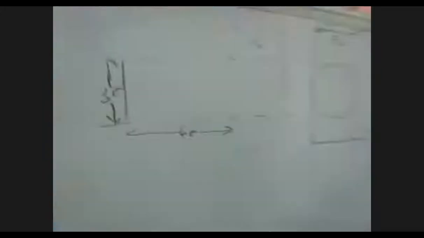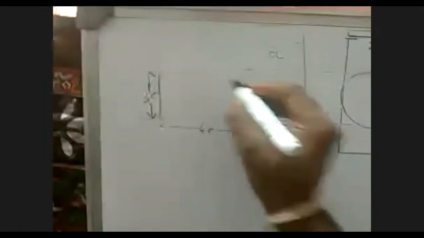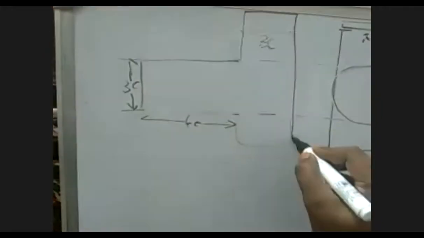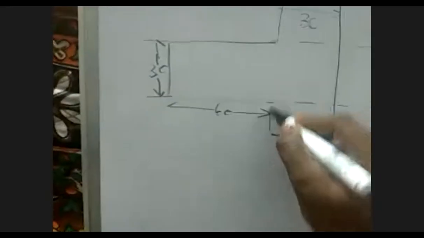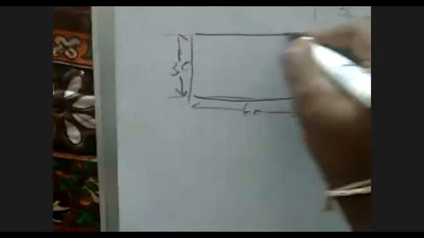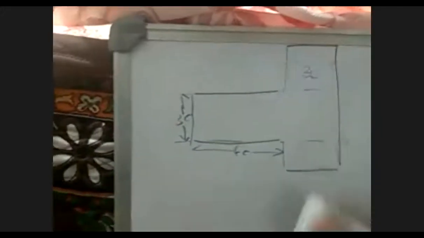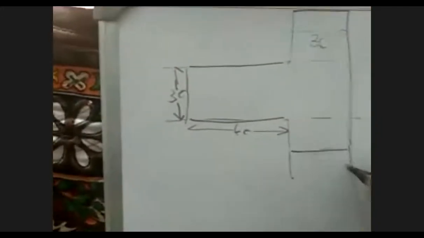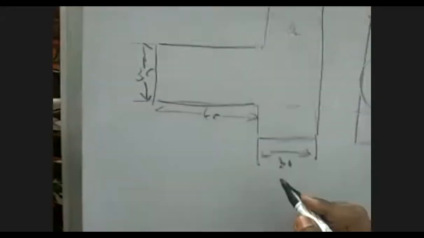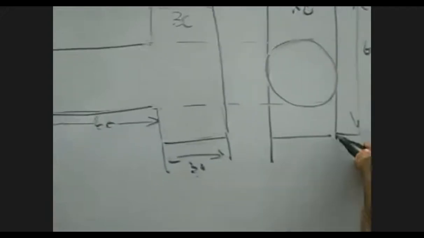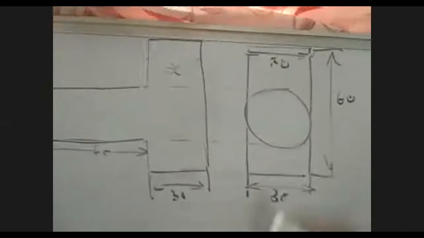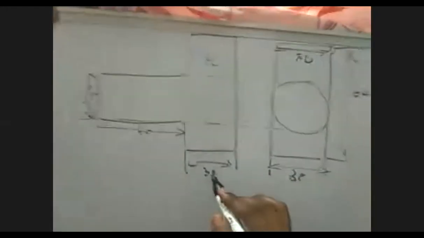Right. So now observing this here, this front view is the same as what you have seen in the last problem. There is no change in the front view. This dimension is 30. That I have shown in the top view, not visible. This dimension is 30. In the side view also it is the same, 30 and 30.